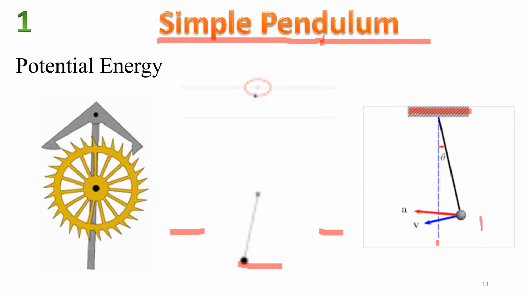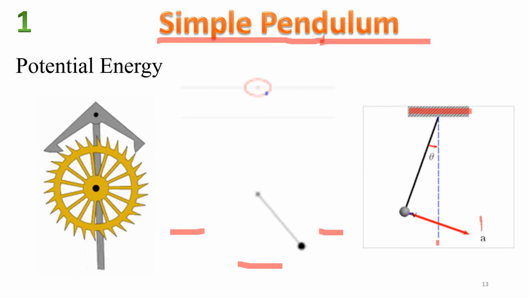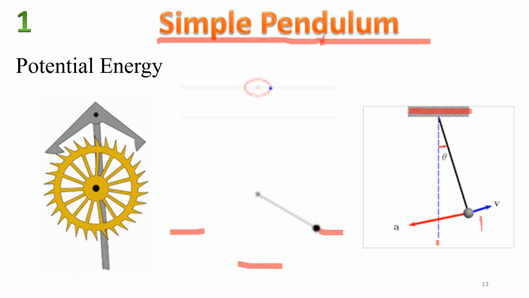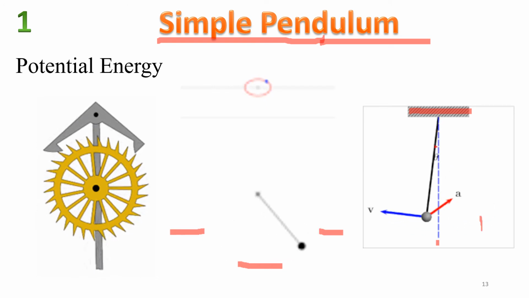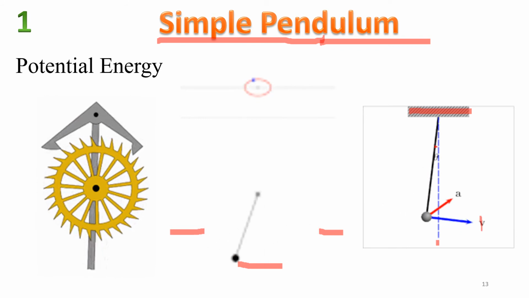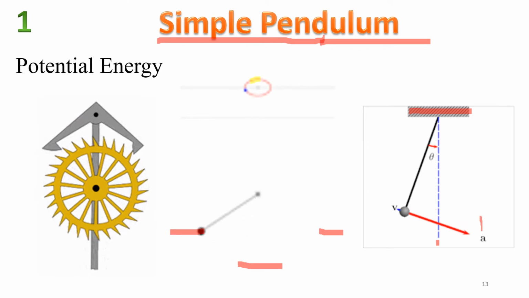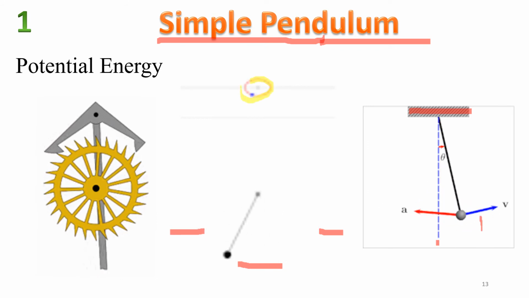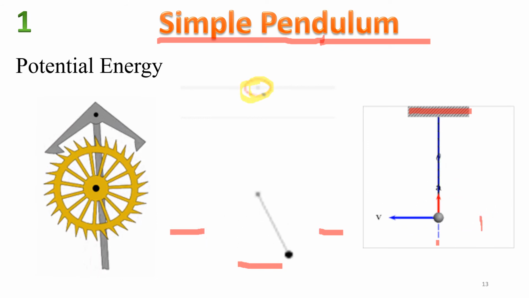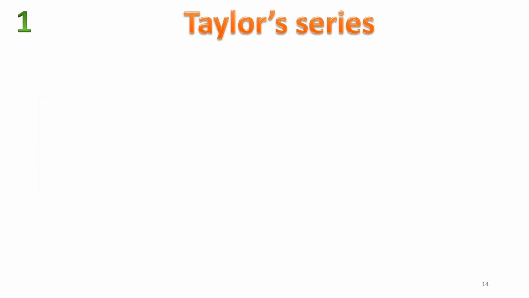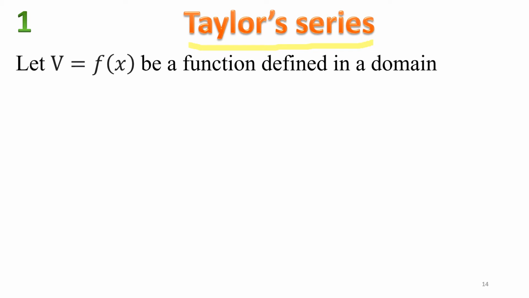So these are the simple harmonic motions exhibited in terms of the simple pendulum. Related to that, we can have a simple circular motion which can be used to correlate the simple harmonic motion cycles. Now here we are coming back to the topic of Taylor's series, and the function that we have discussed